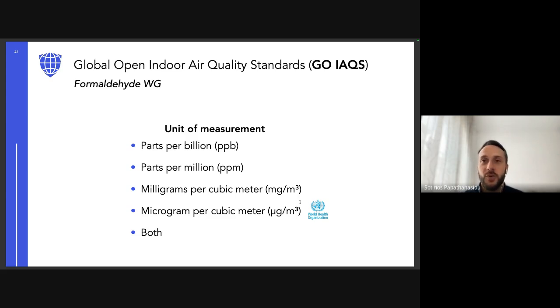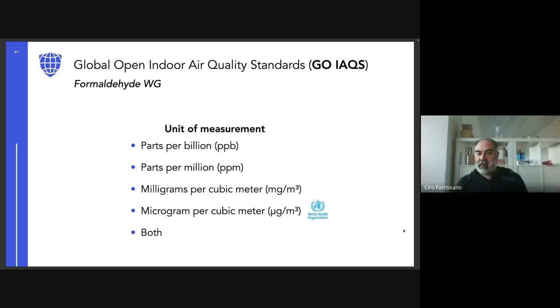So what we said earlier was that maybe it's time for us to ask for a common unit to be parts per billion or parts per million, doesn't matter. And then with some explanation, let the public know that for some reason WHO, for example, uses micrograms per cubic meter. And that's going to help sensor manufacturers at the same time make better products for the public, by having parts per billion, parts per million, and standards with those numbers around. What do you think, Hiro?